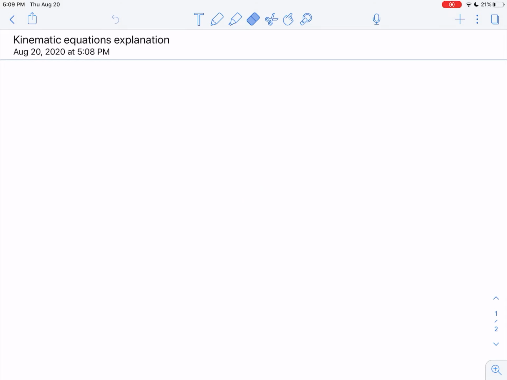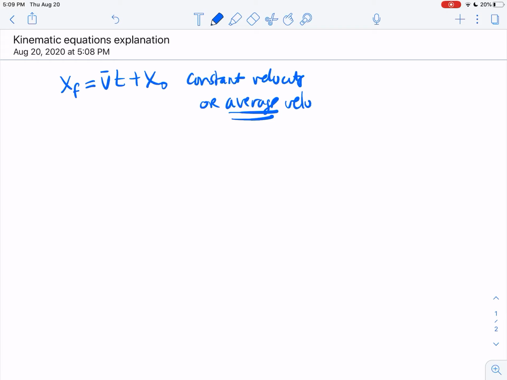All right, so here's a quick explanation of how we're going to use these kinematics equations. As you see on the sheet, there are a few. The first one is going to be x final equals vt plus x naught. That's the one you can use for constant velocity, or you could use for average velocity. Even if it's accelerating, you could use that one if you're only calculating the average and not the instantaneous,